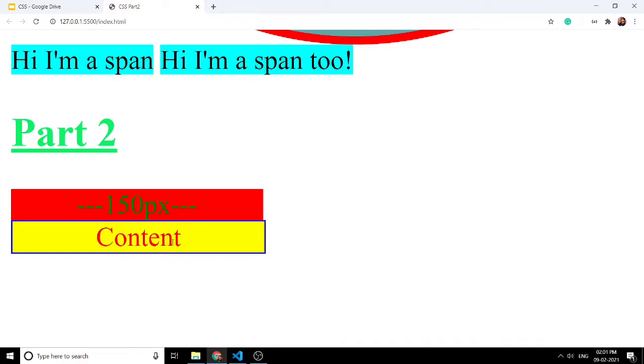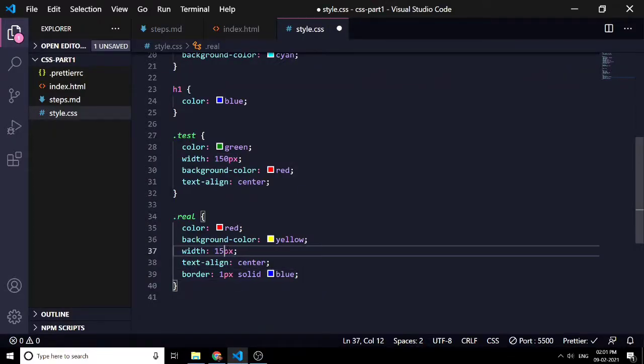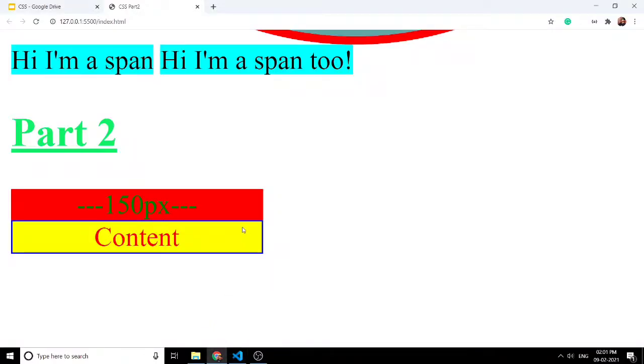So that's why now our second div's dimensions change from 150 pixels to 152 pixels, because of the 1 pixel border on this side and 1 pixel border on this side. So if we want to manage that, we have to remove 2 pixels from the total width, and if we do that, then you can see now both are of the same width, because now we have the content, or we can say the width of the div, as 142 pixels, and then 1 plus 1, 150 pixels.